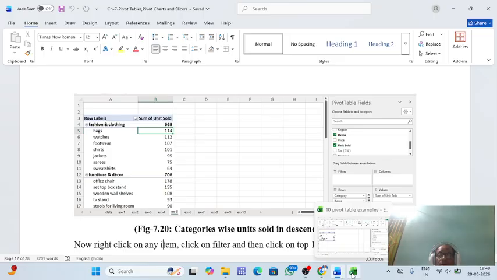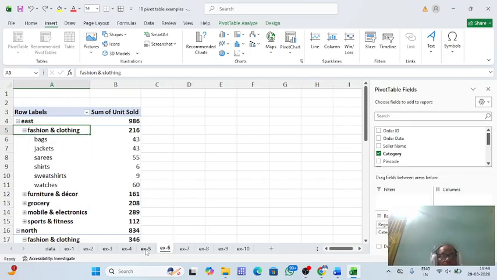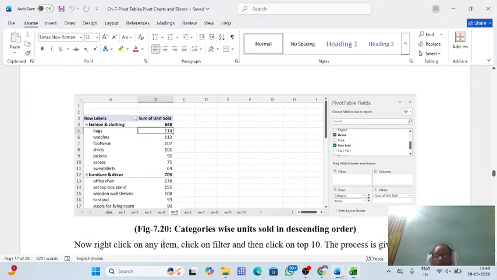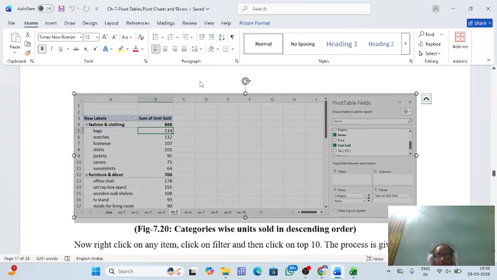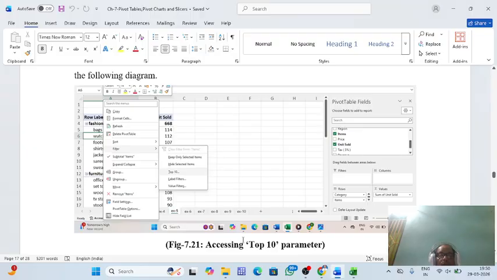Category wise unit sold in descending order. What you have to do is take the top two. You have to take category and items and sum. Then you have to select any one, and click on that. Suppose you want to get the top 10, then how do you do it? We have taken top 2, so again you have to go for